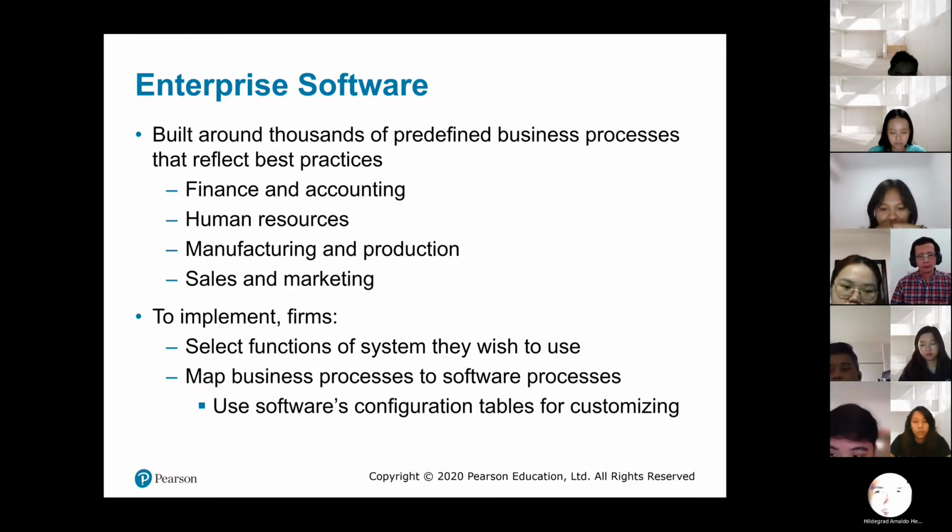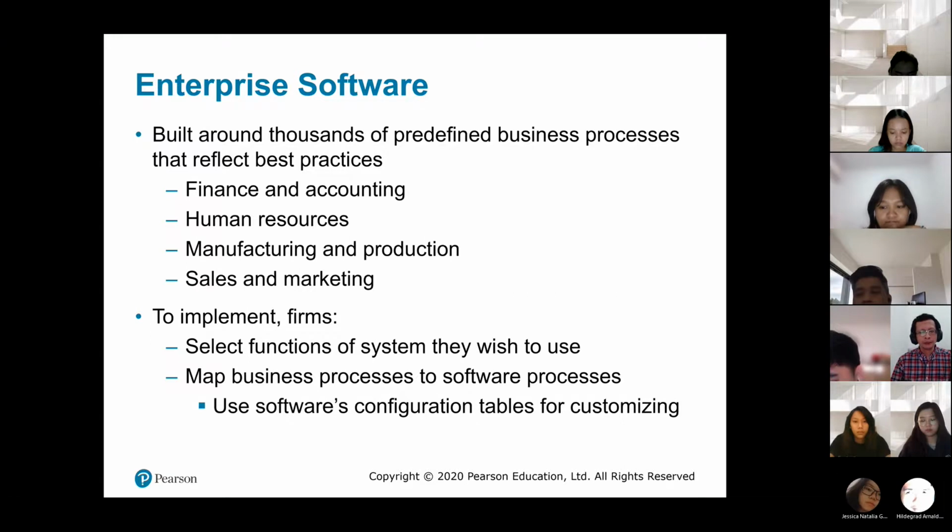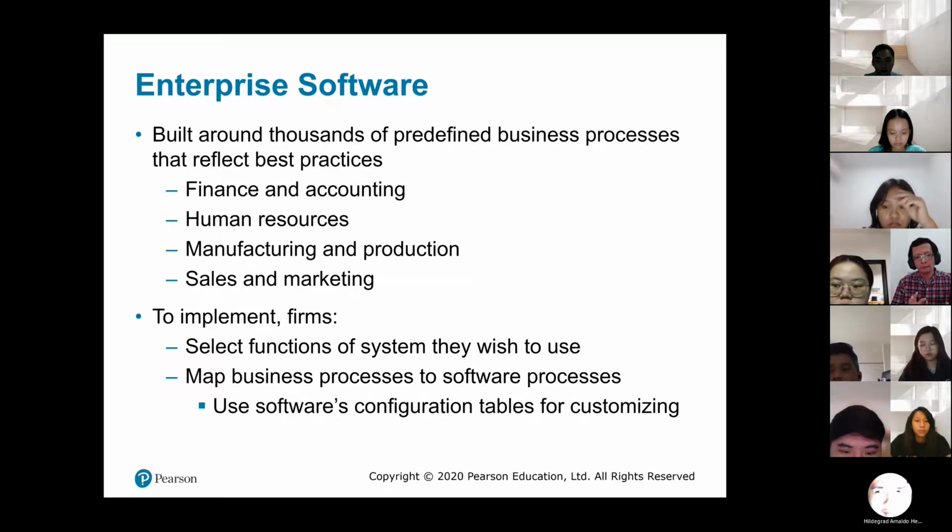Okay, so when a company need to implement enterprise software, what they did was to document the old business process and then map that business process into the ERP business process, and then to see whether or not they can customize the ERP, or should they change their business process to suit the ERP.